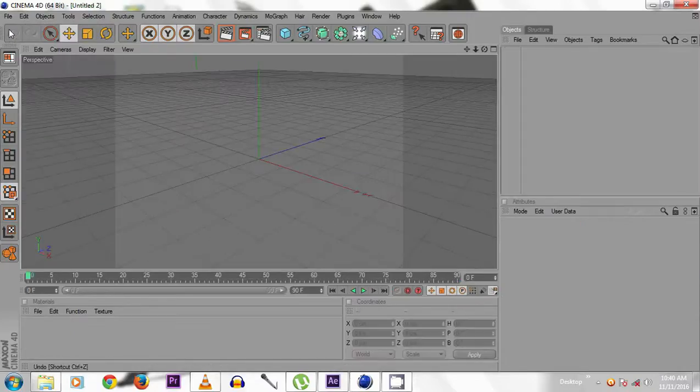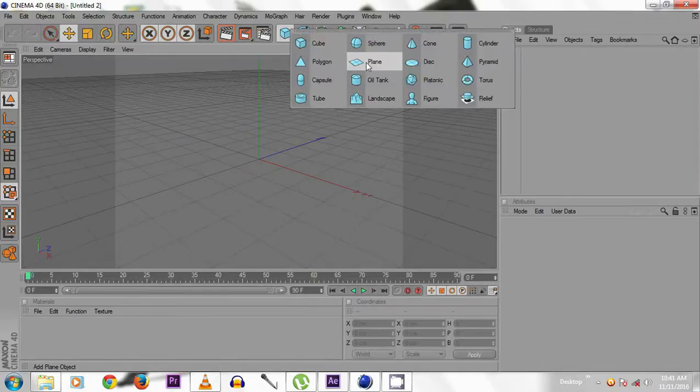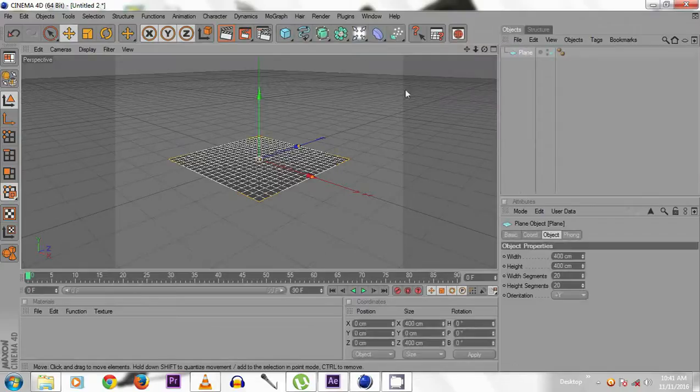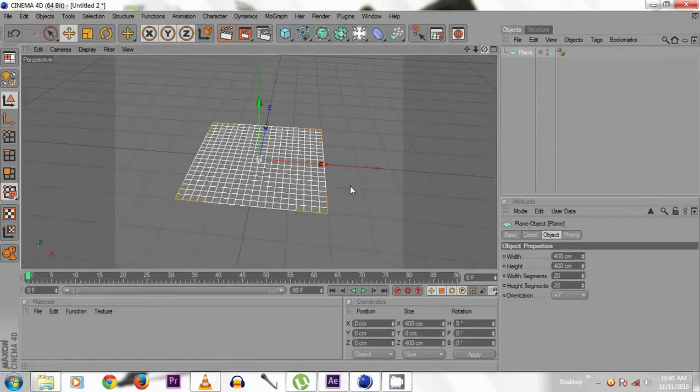Take a new Cinema 4D file. This is the Cinema 4D interface. Now we make a plane. Go to object, make plane. This is a plane.